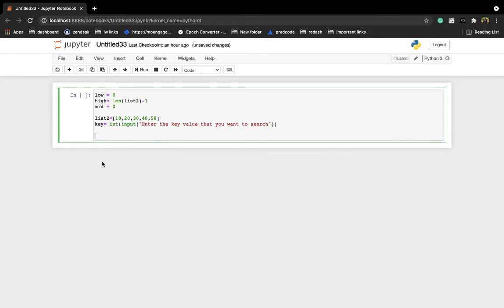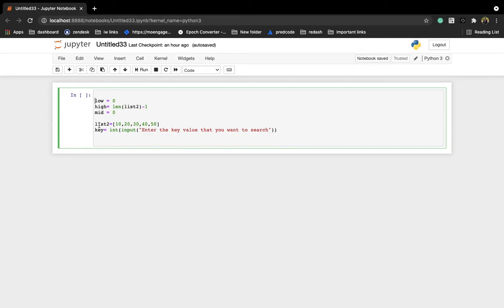Okay, so these all are prerequisites. We need a sorted list, right? Okay, now let me write a function. So I'm writing here the def keyword, and you can write any name. I'm writing here binary underscore search, and inside this function I'm passing list2 as a parameter and key.